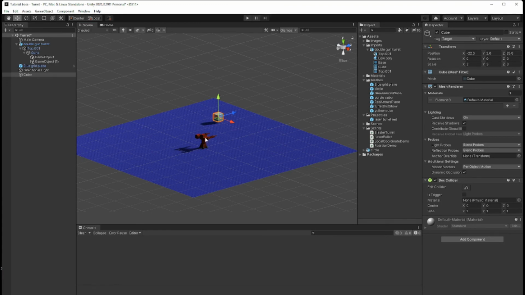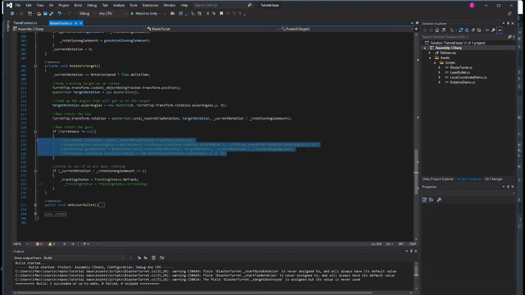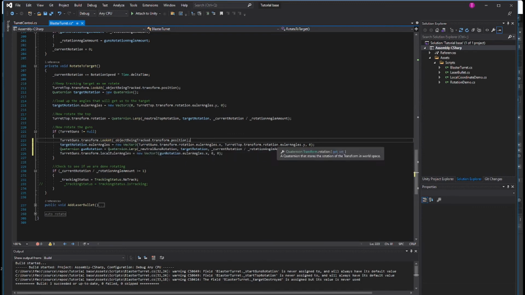So let's adjust our guns. So let's go in here. Let's uncomment this and we'll take a look at what the turret guns are doing. I'm just going to do a KU for uncomment. I do a lot of commenting and uncommenting as I'm debugging my code. So the guns are going to do a look at the target. And they are going to do the same thing. It's going to use that same